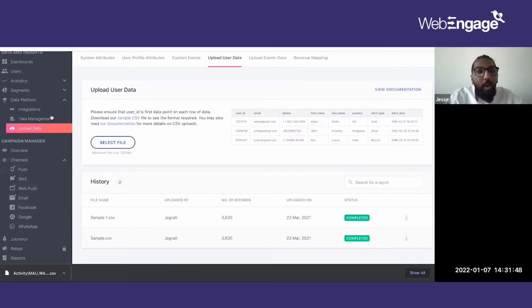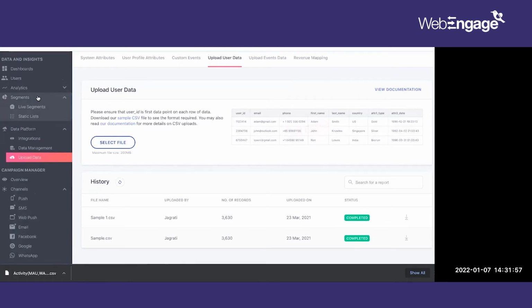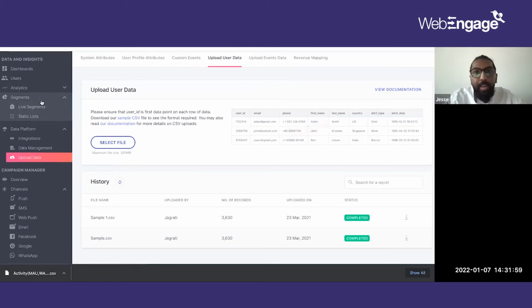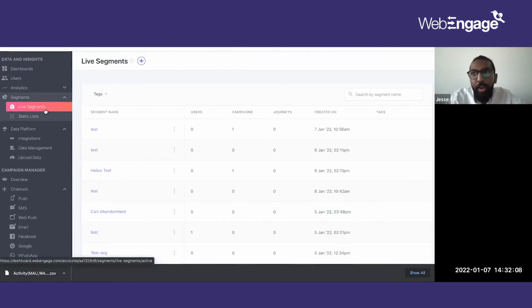All right. Okay. Moving on to the next part of the campaign. What we need to cover is the segment section. Now, segments are split into two: live segment or static list at the end of the day. What is a live segment? Any segment that you create right now, and after this point, if it is a live segment, users who do the action, say tomorrow or day after, will be by default included in this segment as well.